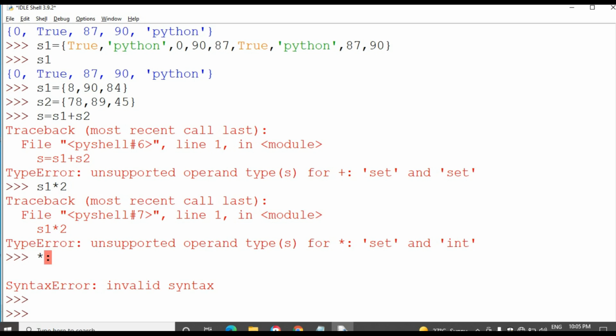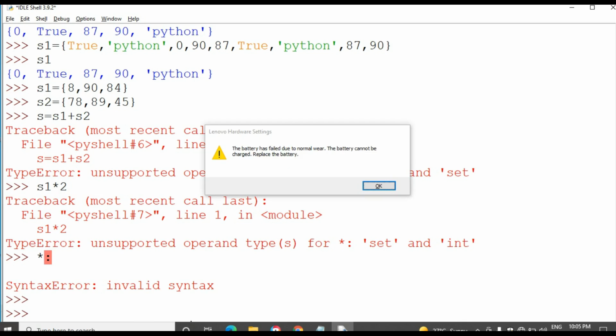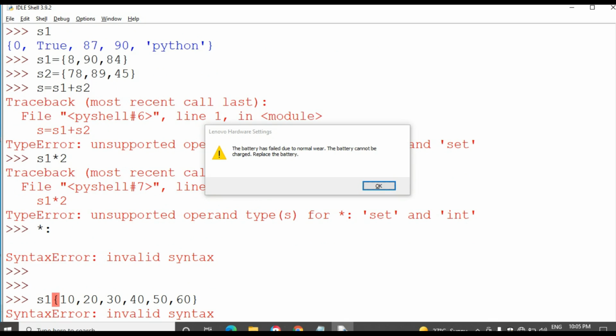I am taking set 1 as 10, 20, 30, 40, 50 and 60.